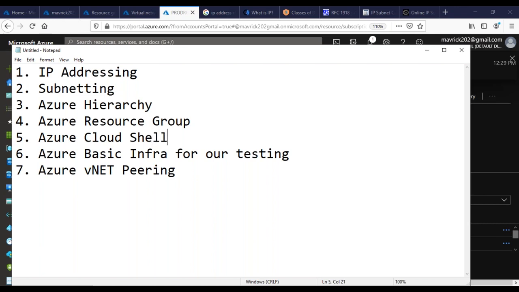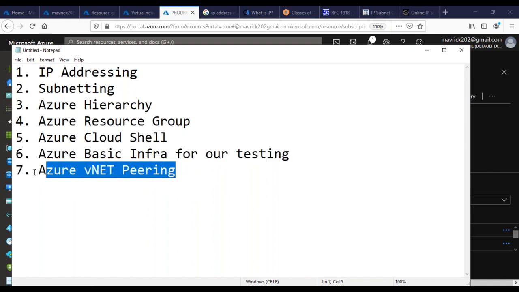Now what is CloudShell? So let's do one thing. It is 6 o'clock. Let's take a 5-minute break, guys, because I've been talking for the past 2 hours. So let me have some water. Let's take a 5-minute break. We'll convene back in 5 minutes, and we can go with Azure CloudShell. It's very interesting, and we're going to discuss all this.